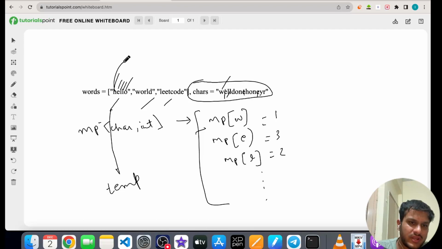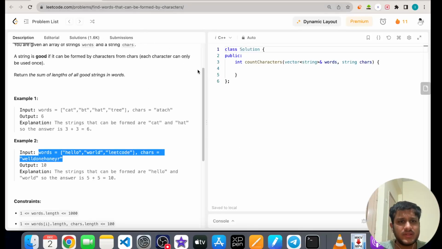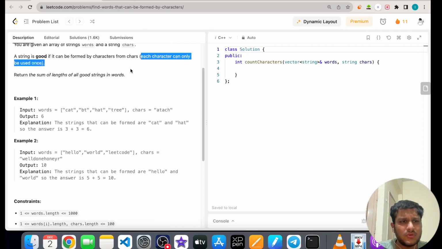And for every character, I have to decrease that character's count. Once we verify that h is in our map, we'll simply decrease it, right? Temp of h minus minus. Why? Because the condition is given that each character can only be used once.